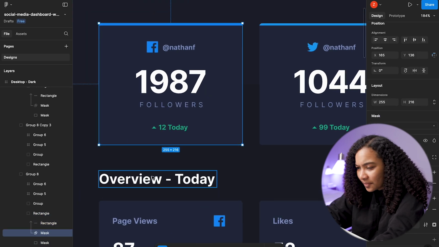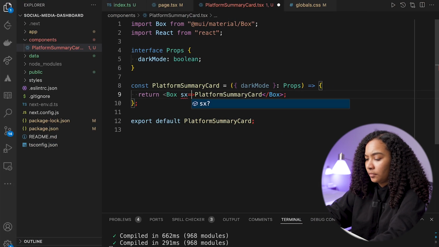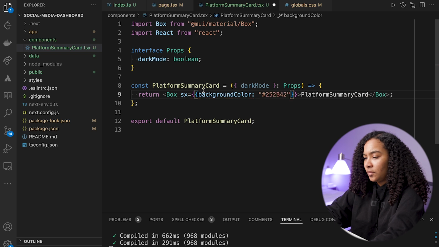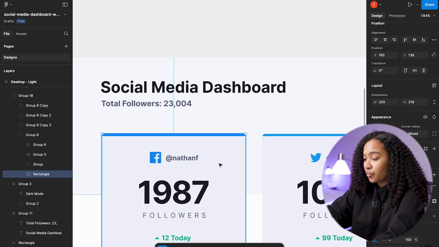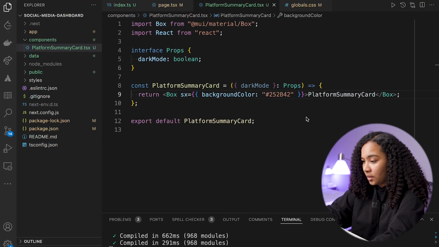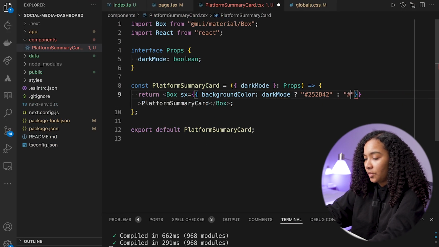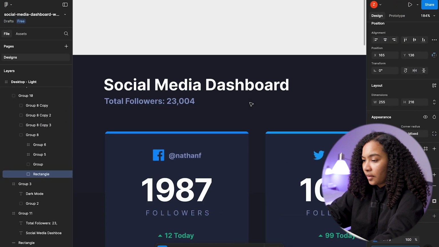Is this the fill? It seems a little dark. All right, we'll go with this as the fill. We'll say, and its background color is based on the dark mode. So if dark mode is true, dark mode, yes, do that. If not, do this. All right, and then